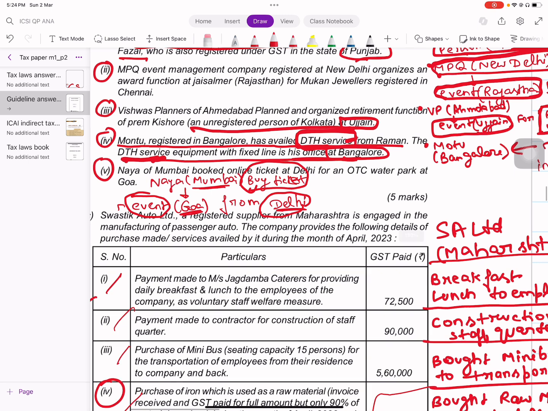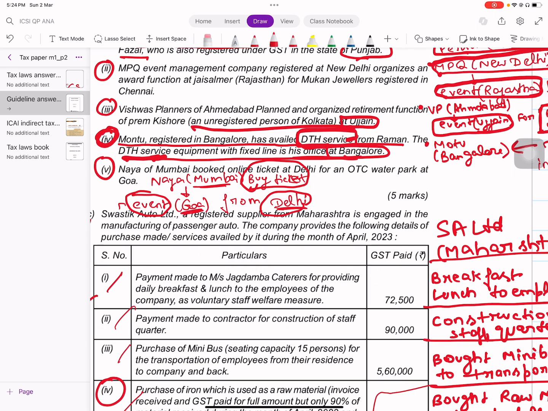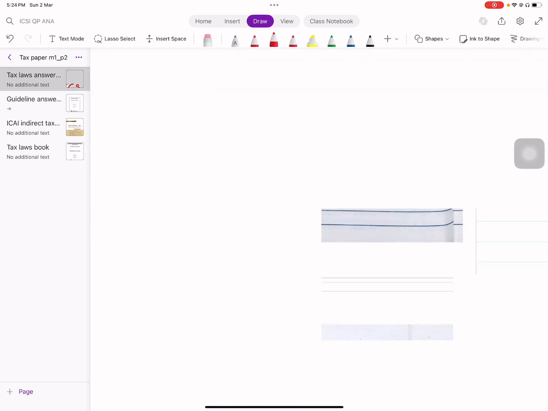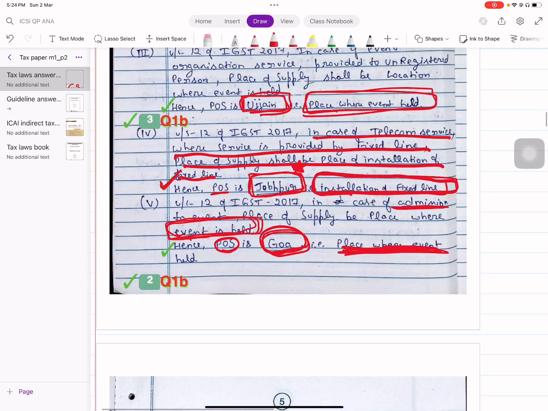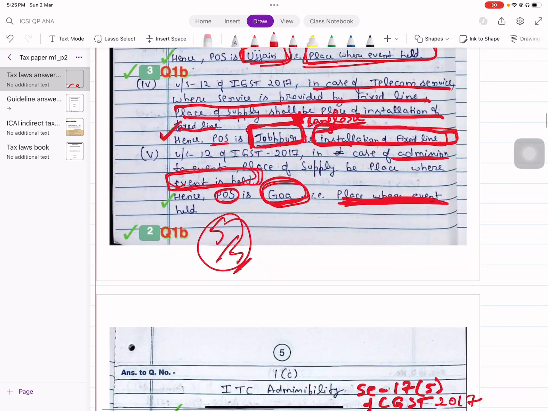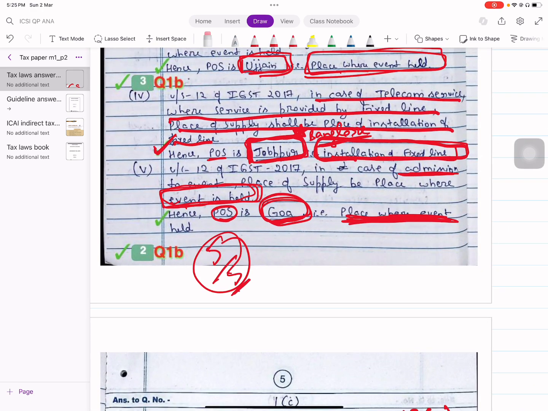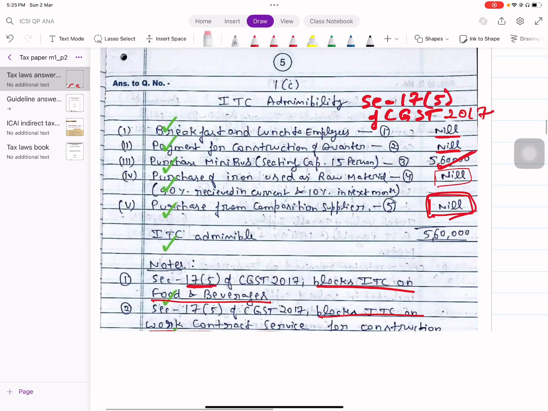Now, if I look back at transaction number 4, the location written in the question was Bangalore, but I have written the location as Jodhpur. But still the examiner has given me full marks. That is a mystery to me, because in this question I have got 5 out of 5 marks. As you can see, this was wrong. This was not Jodhpur, this was Bangalore. But still the examiner has given me full marks. I think he has excused the typographical error, because it is a typographical error. So yes.